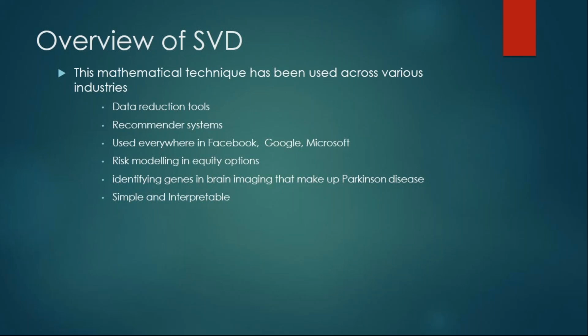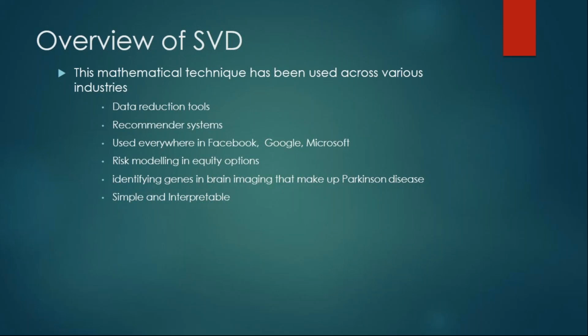SVD will help us reduce this data into key features that are necessary for analyzing, understanding, and describing it. SVD is one of the first steps in most dimensionality reduction. This is where it is a data reduction tool,